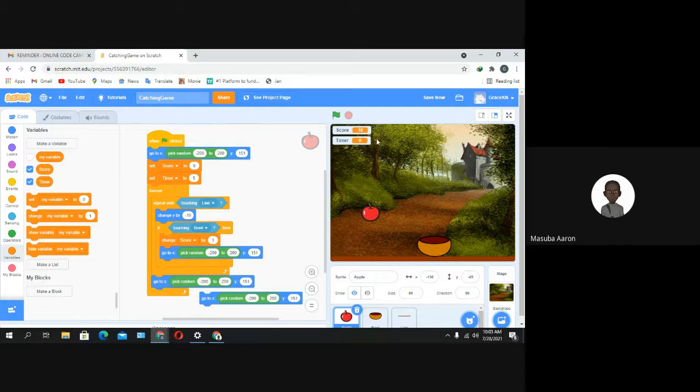So we want the timer to keep changing, right? Until it's 0, because that's how a timer works. It starts at some value and goes down to 0. So we're going to do that by